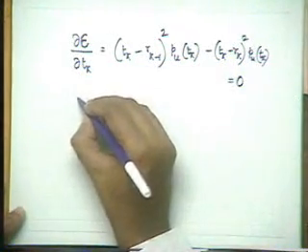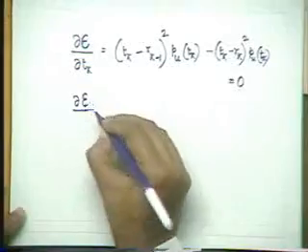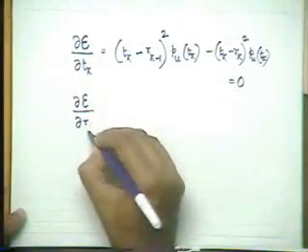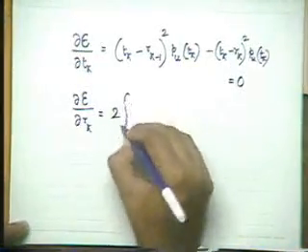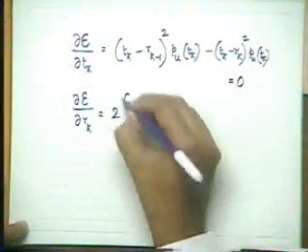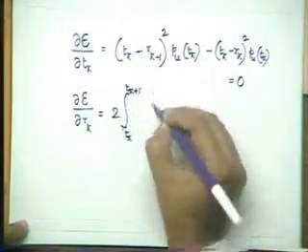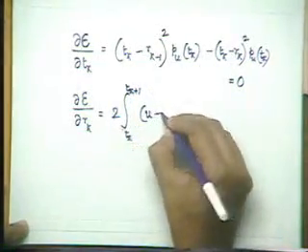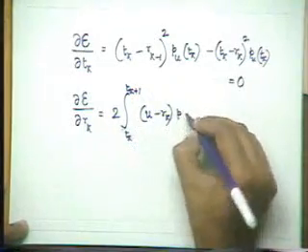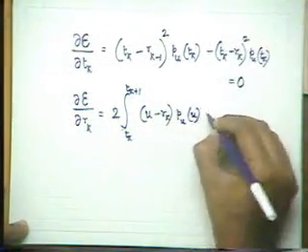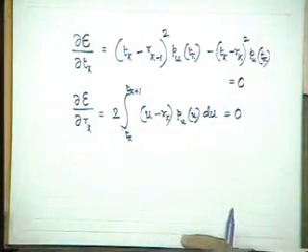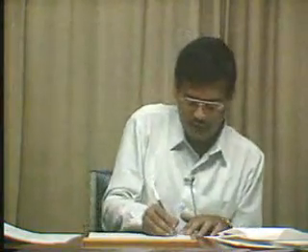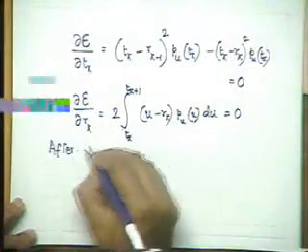Again, for the differential with respect to Rk, we will write like this: del E by del Rk is going to be 2 times, within the limits Tk to Tk plus 1 as before, (u minus Rk) pu u du, that equates to 0. Now if we simplify these two expressions,